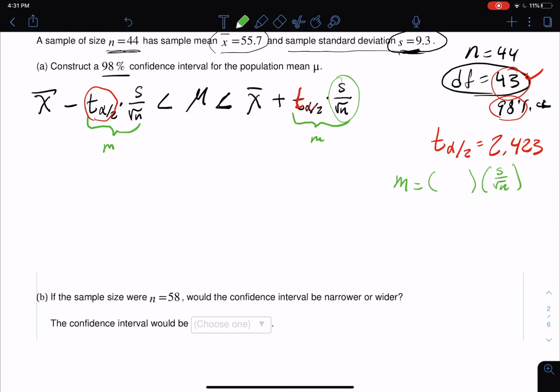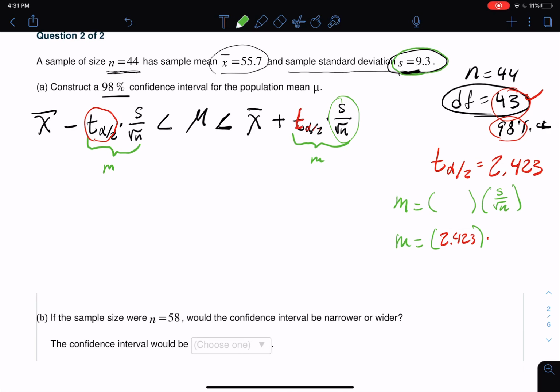So when we fill this out, our margin of error is going to be our critical value, 2.423, multiplied by our standard error, which is S, our sample standard deviation, 9.3, divided by the square root of the sample size. And so then we put this in the calculator and we get approximately